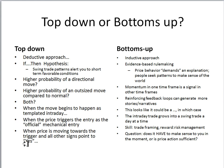In other words, you might see some evidence here and there, and you start putting the pieces together, and an explanation begins to emerge in which this particular pattern looks like it could be a fill-in-the-blank. In which case, we should then see a follow-on. So you're starting to build an inductive hypothesis for how the market might be developing, almost in the form of